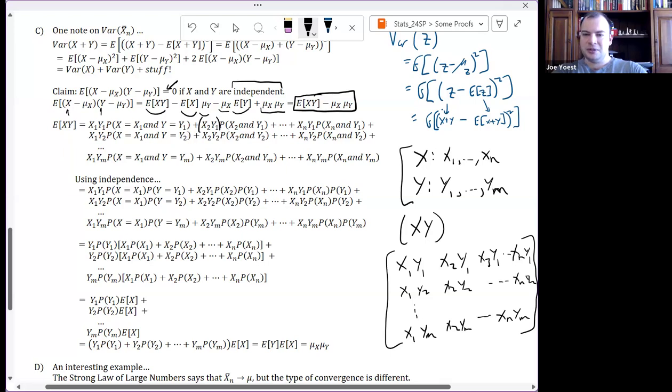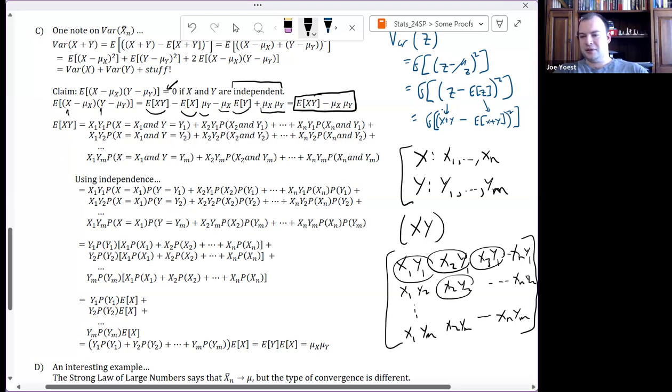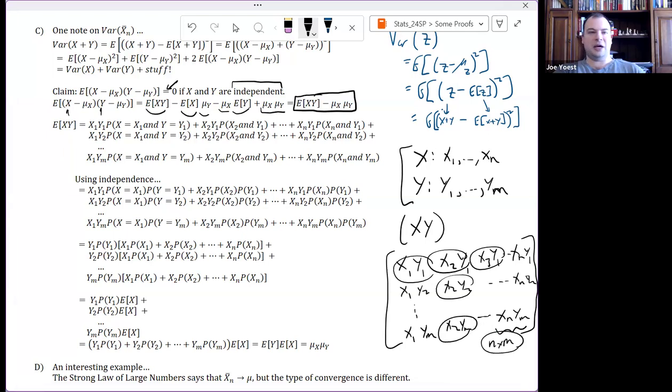Trying to undo these parentheses there. And so on. I've written it a little bit shorter. Instead of x equals x2 and y equals y1, I've just written x2 and y1, and so on. I do this for each of my possible pairings. There are n times m of those pairings, from 1, 1 down through n, m. But now I can use my big hammer here.